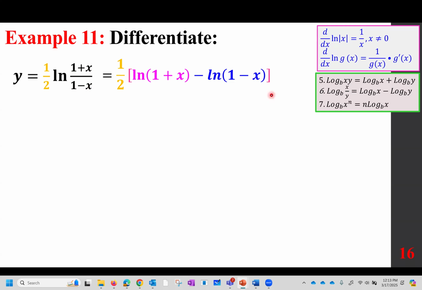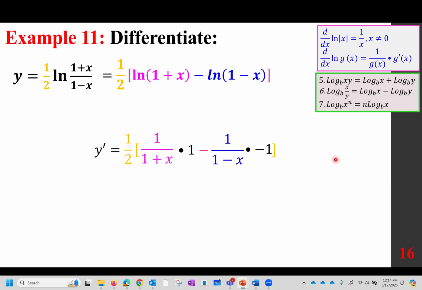So I want to differentiate this. So I'm going to keep the 1/2, and I'm going to differentiate this piece first. Flip this over, 1 over 1 plus x. And by the chain rule times the derivative of the parentheses, which is just 1. Minus the same thing here. Flip this over, 1 over 1 minus x, times its derivative, which is -1. That's why it's important to write it. Over here, if you didn't write it, wouldn't make any difference, but it does make a difference here. I suggest you write both. Now,